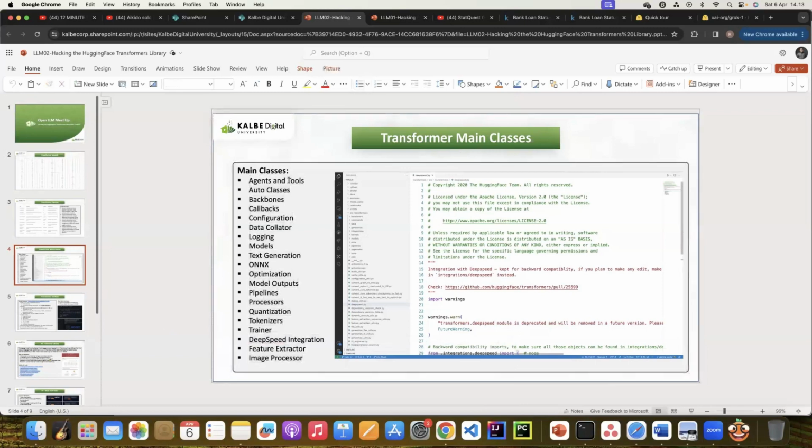So it provides you agents, tools, auto classes, backbone, callback mechanism, data collator, logging, models, optimization, quantization, and many more facilities in the classes. The best way to see the capability of the library is by looking at the source code. Let's say you want to see DeepSpeed integration with Transformers, just go to the deepspeed folder and see what functions are available, or ONNX, or many more. Okay,